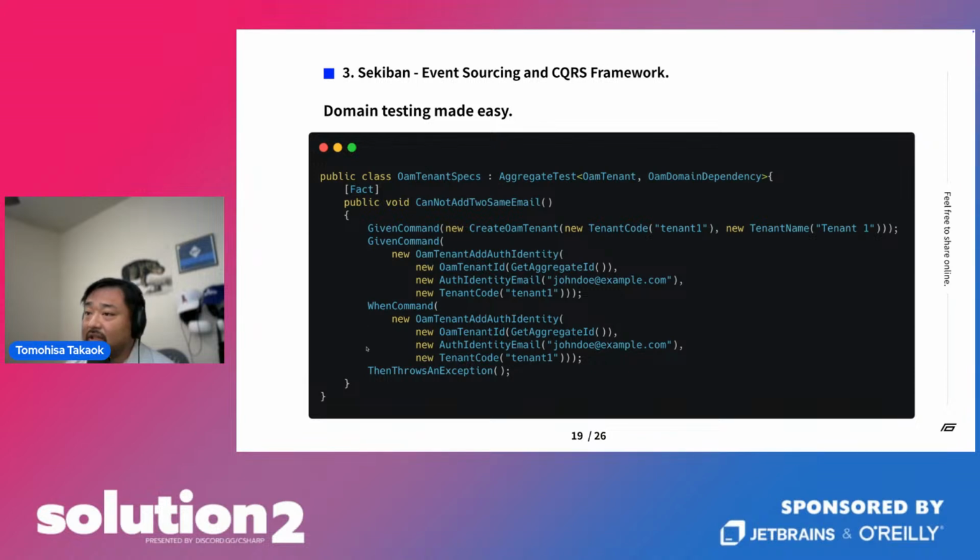So like this, you can define how it needs to act. And in this test, we don't use any database. We just use the in-memory database, so it runs super fast, like a couple hundred tests in 1 second.